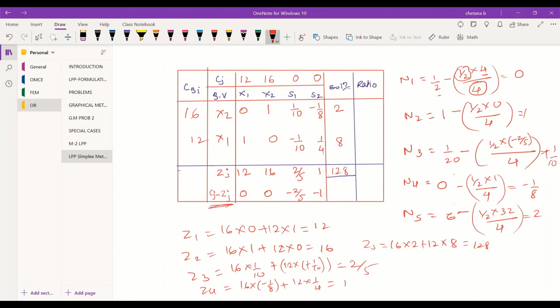Ma'am, directly 28 by 10, so it's 14 by 5. We add. Okay, how about this value?